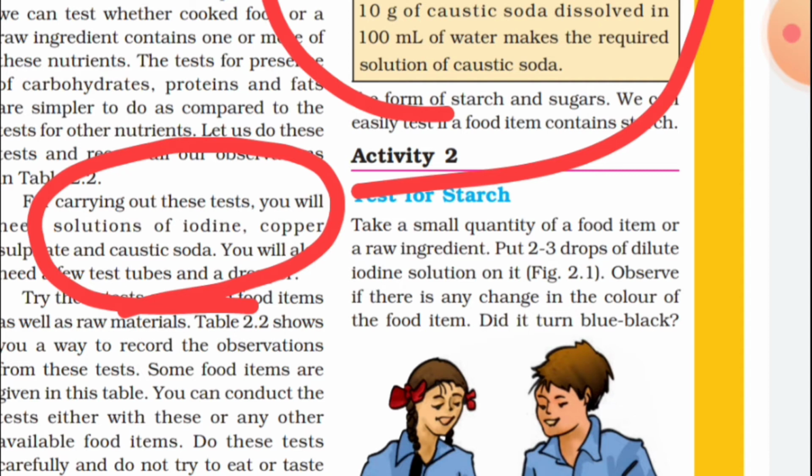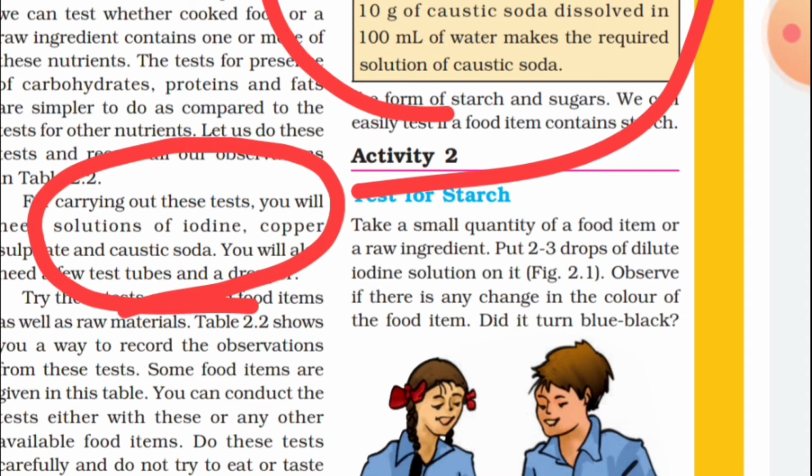Then the copper sulfate solution can be prepared by dissolving 2 gram of copper sulfate. In your experiment in your science lab, there is a chemical, copper sulfate. You take only 2 gram of copper sulfate in 100 milliliter of water, just like in a glass or a test tube, or taking the measuring glass, take 100 ml of water and dissolve the 2 gram of copper sulfate into it, and you get the copper sulfate solution after mixing or shaking it. Clear?